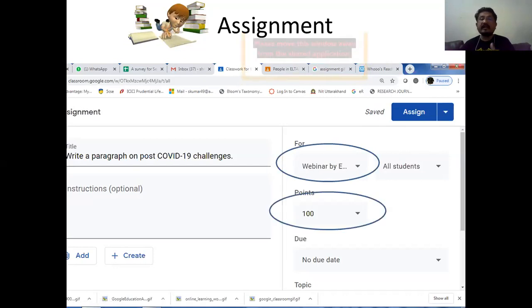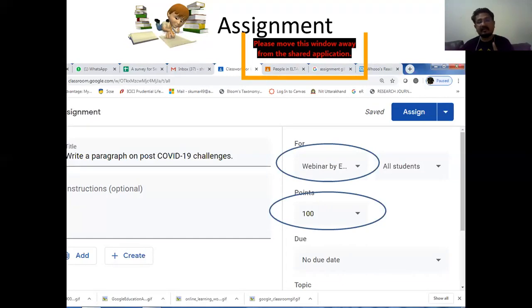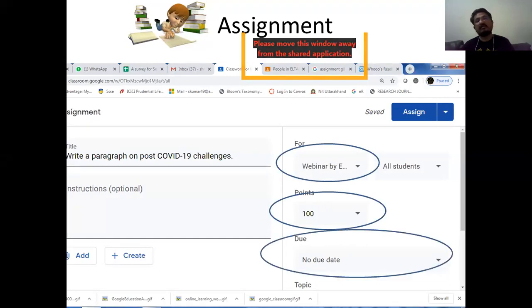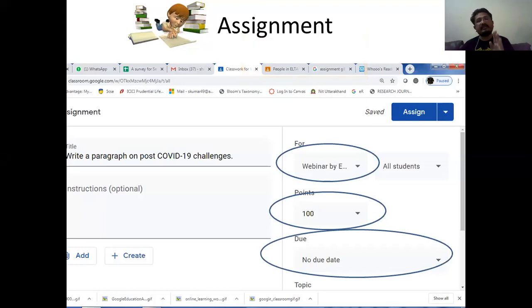And now I can give the marks also. So points, how many marks I wish to give, 100 marks, 50 marks, that can also be covered through this particular option. And I wish that this assignment should be submitted within a day. So I can also assign a date and restrict them to submit their assignments.